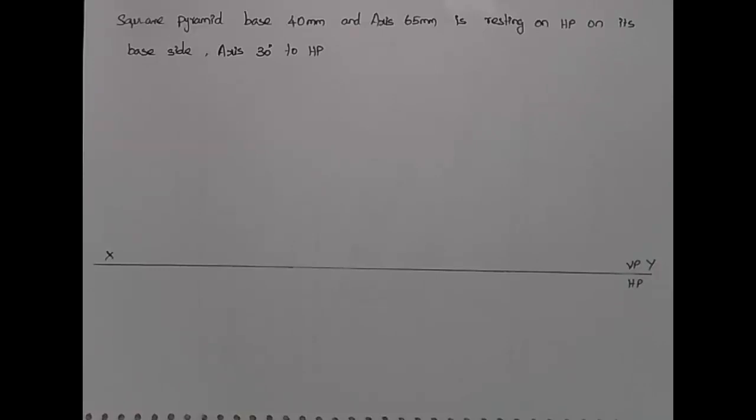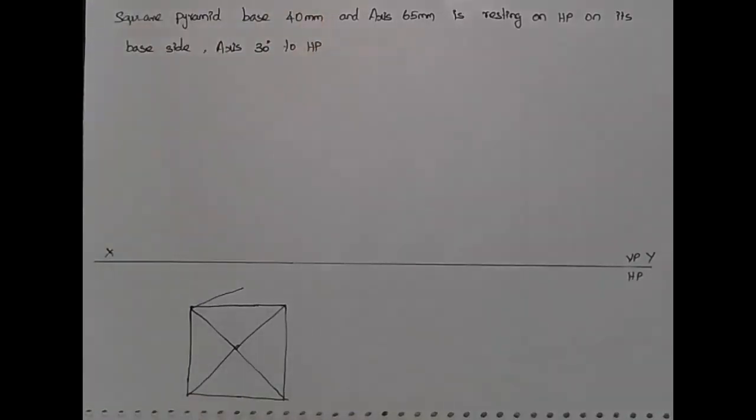So how will you draw the true shape? The resting condition given is base side. I told you, if it is a base side, you keep the side on the left side of your drawing. Let me draw the top view. Now I have drawn the top view. So it is time to number those corners. So let me number the corners.